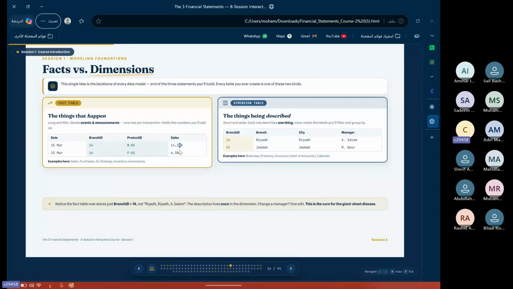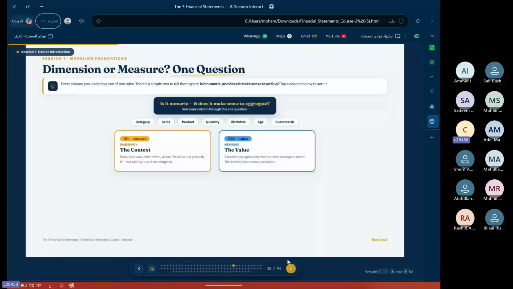And the fact table will have measures, values, like sales, like quantity, like price. It will, of course, have some values. And then we will have an exercise here. If anyone wants to practice with us,